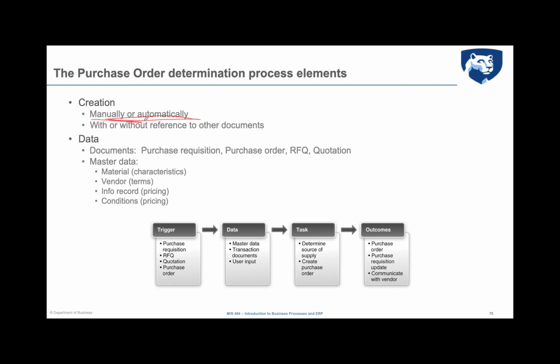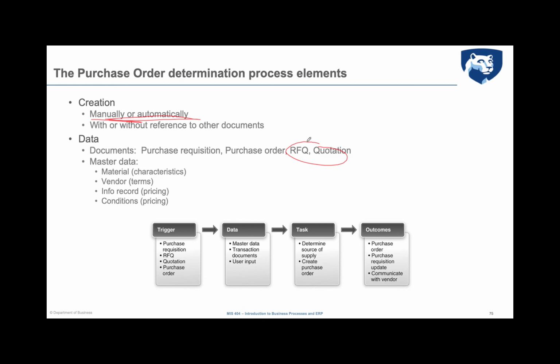Manually, if the requisition is not good, so the purchasing department closes it and creates a purchase order from scratch. And again, it can be with or without reference to other documents. We are not seeing this part, but of course a purchase order can refer to a requisition, another purchase order, if we are, for example, correcting a previous one, or refer to a request for quotation or quotation in case the supply sources are not